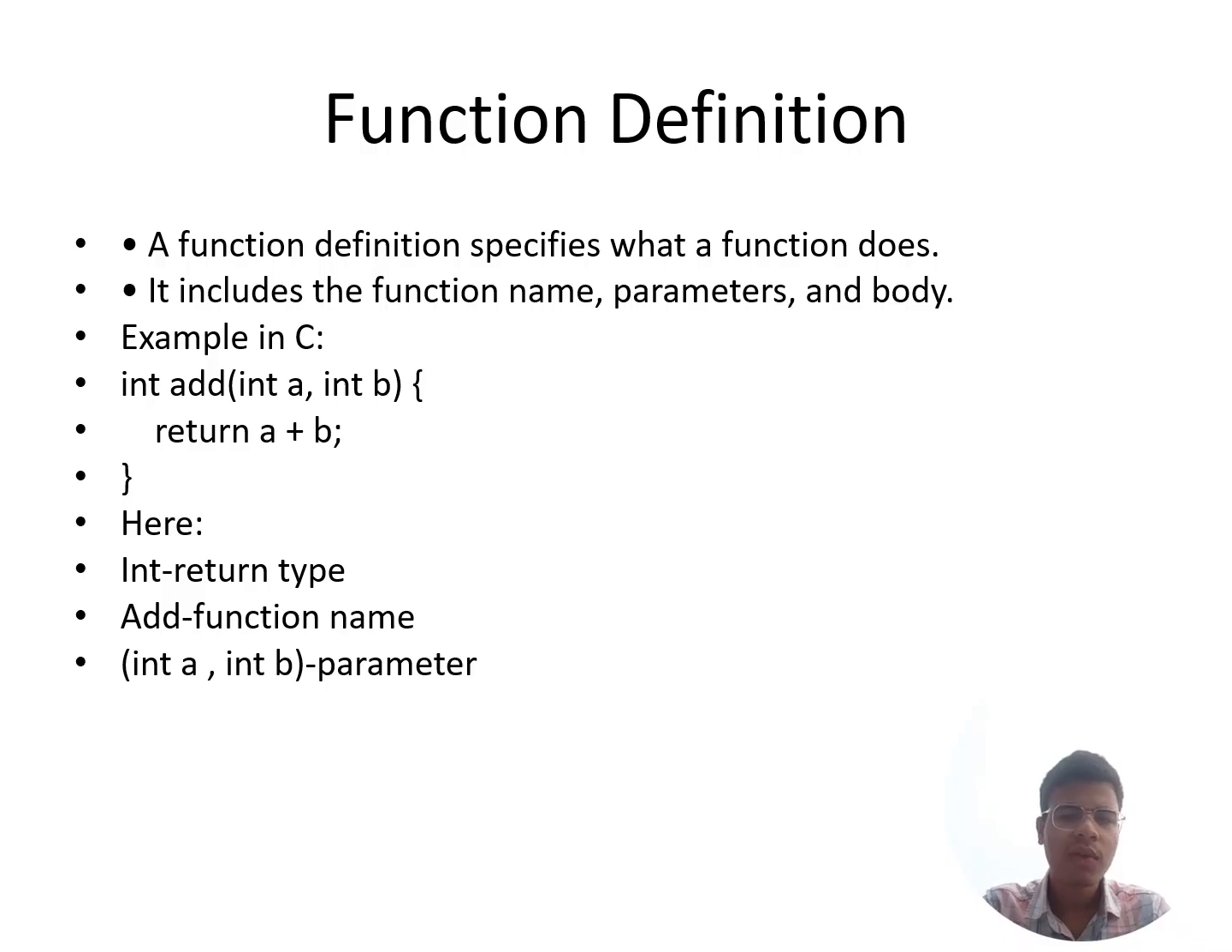And the features of a function definition: it contains executable code. It must match the function declaration in return type and parameters. It may or may not return a value. It defines the behavior of the function. It is written only once but can be called many times in the program. And here is the complete example in C. And next is